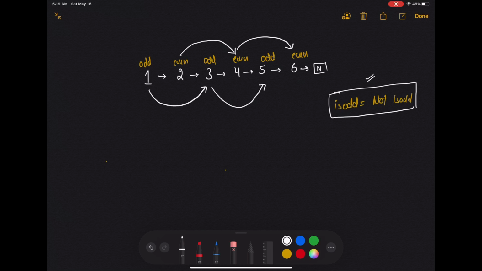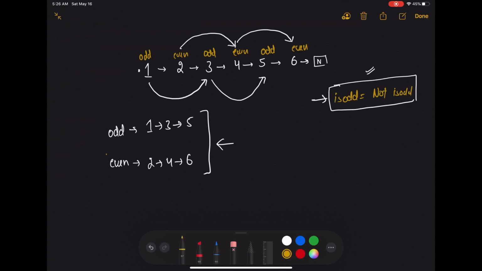Let me repeat it. We need to return 2 linked lists, one for even and one for odd. That means our odd should look like this and our even should look like this. So let's first see how we can solve this question. After that we will come to the odd even question.